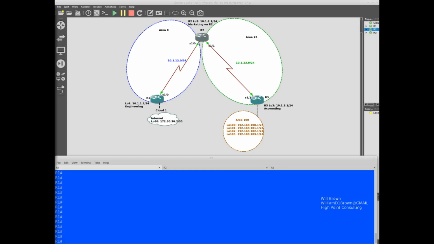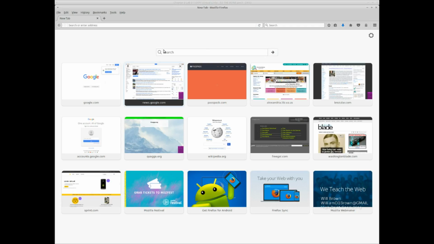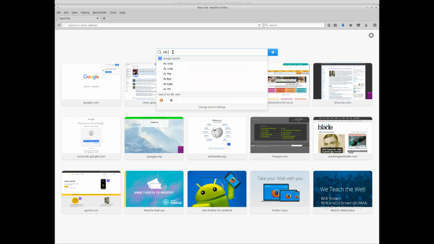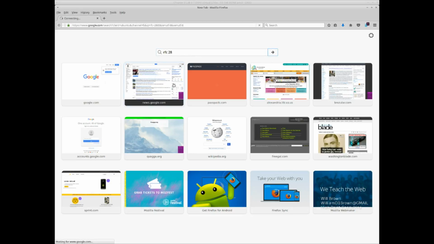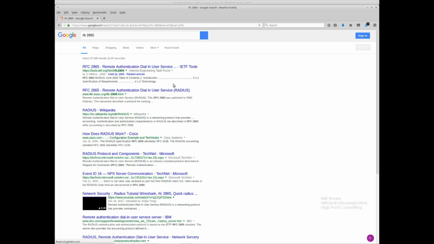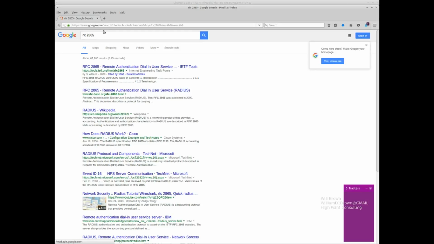And if there's anything that someone wants to learn about OSPF, let me just grab a tab here and drag over. So if you're curious about the RFC, I think it's 28... is it 2865? I can't remember. Well, I'll just do this.